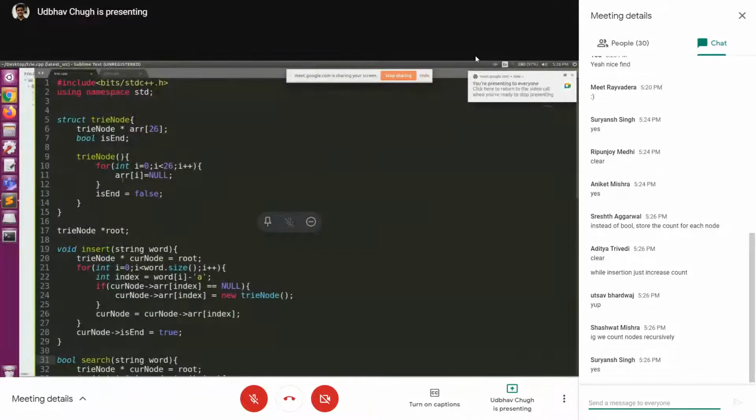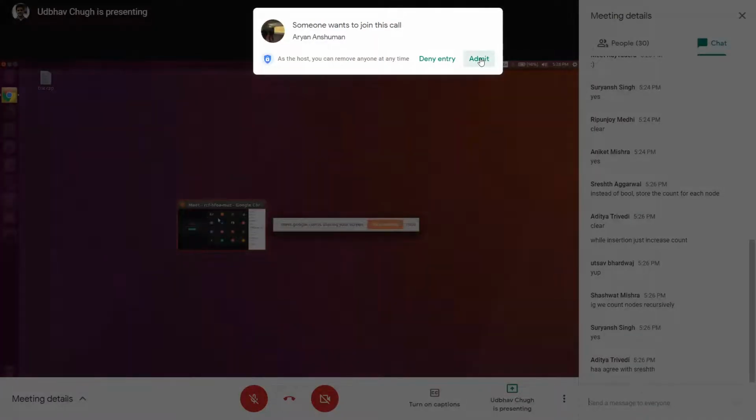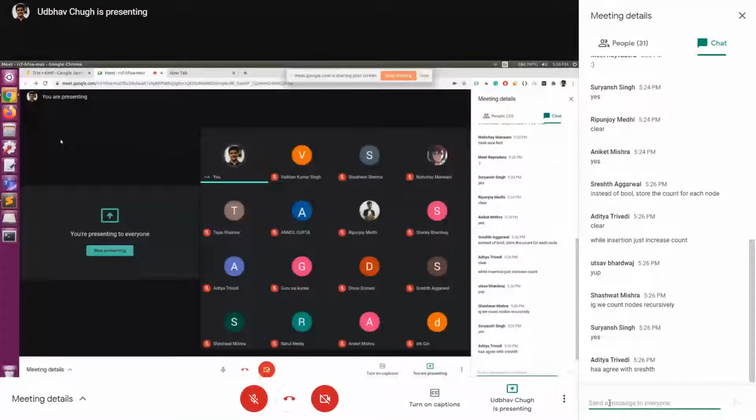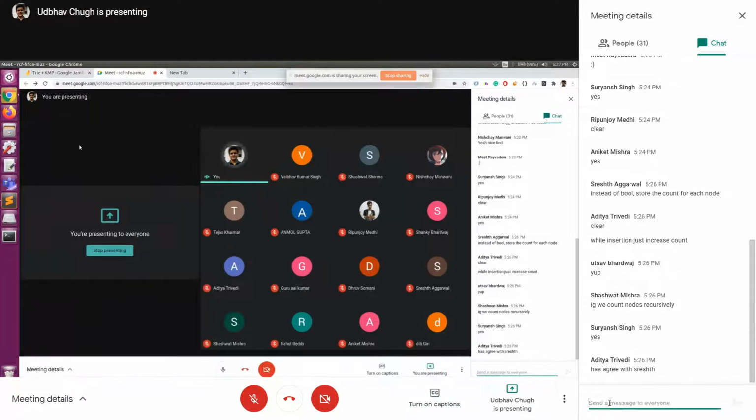So what we are doing is, here we are keeping whether a particular string is the end or not. Now we don't care whether it's the end or not, right? We care how many strings are present after this. So instead of isEnd, we can maintain a count. While we are traversing, we can just keep on incrementing the count. So when we have a particular prefix, all we have to do is traverse our trie, and at the last node that we reach, we check its count value, and we'll know how many strings are below it. All right, so that was one.